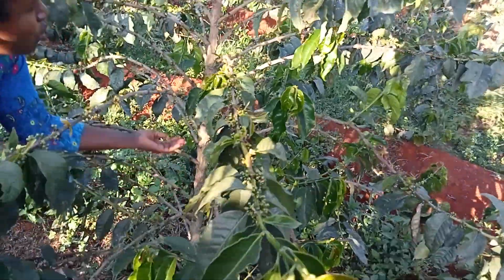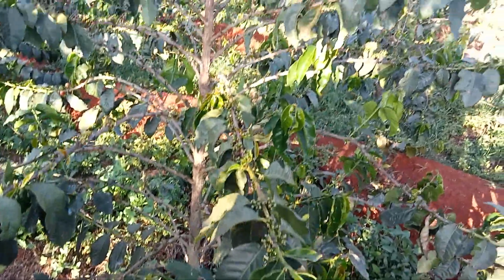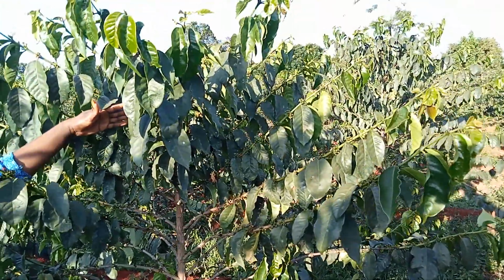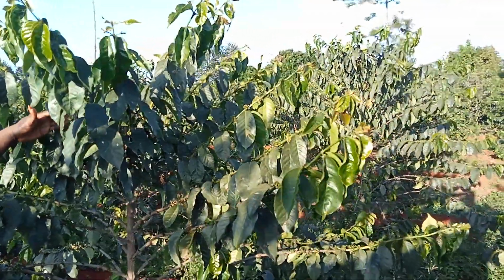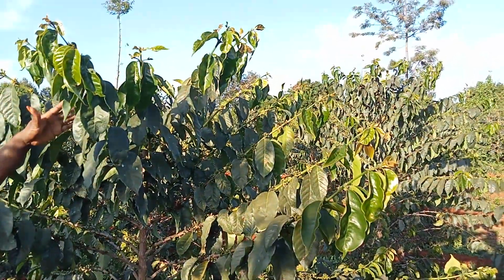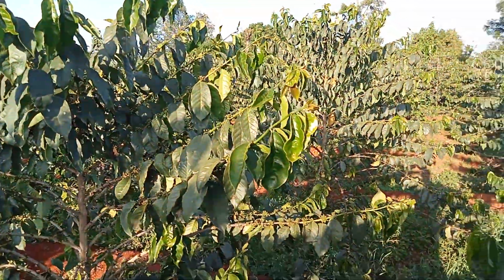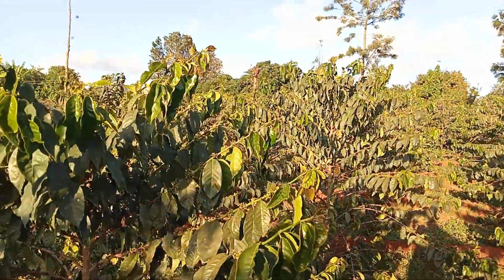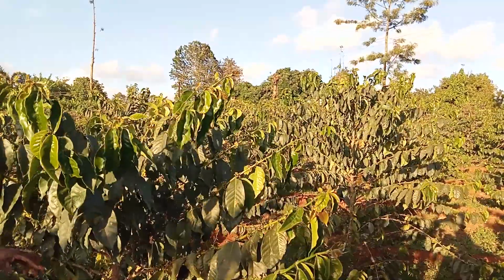Then you have a 2 meters bearing area, that is around 20 to 25 pairs of primary branches. That is the recommended size of your coffee tree. That is the right size of your coffee tree, which you'll be able